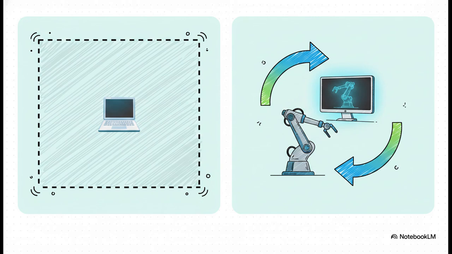Now, here is a critical distinction you absolutely must grasp when we talk about modern Industry 4.0. There is a huge difference between a traditional simulation and a true digital twin. A traditional simulation evaluates specific scenarios in a static, isolated virtual space. It's incredibly useful, for sure, but it's disconnected. A digital twin, on the other hand, is completely dynamic. It relies on a live, two-way data exchange using IoT sensors to accurately reflect its physical counterpart in real time. It's not just showing you what could happen, it's showing you exactly what is happening on your factory floor right